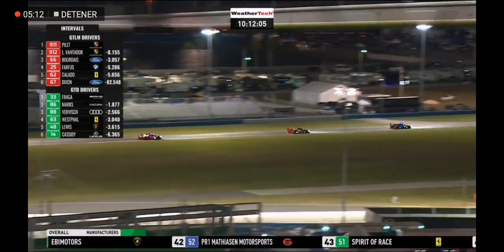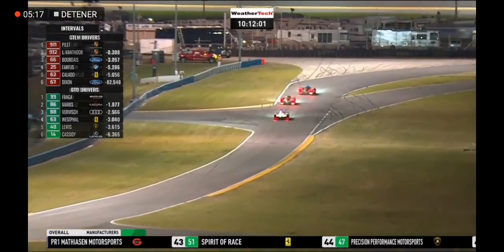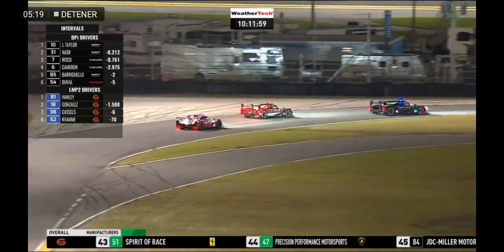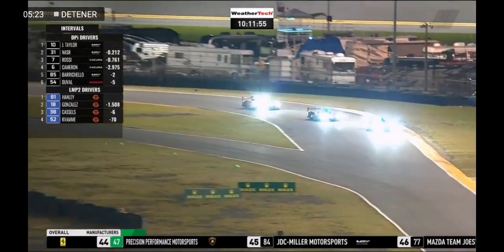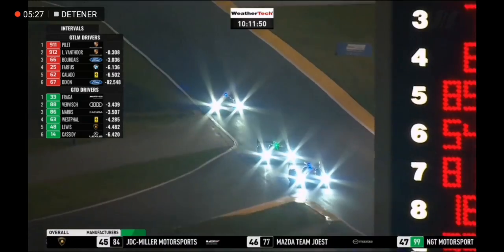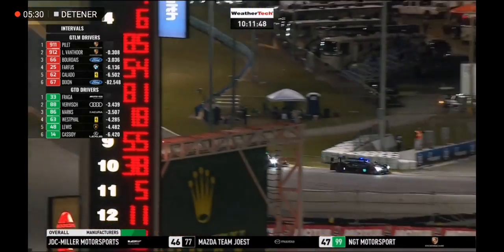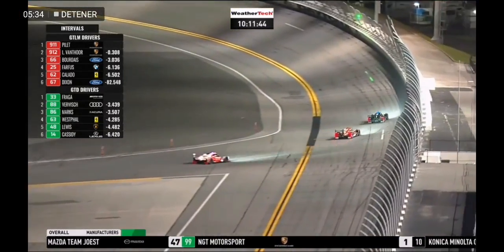They're heading for the kink on the infield section. And a lap ago, Nasser was able to draw alongside Taylor. Taylor this time running the car a little deeper into the West Horseshoe to prevent the man behind from being able to pull alongside. And that Acura looking very rapid indeed now after the restart, keeping with the Cadillacs,